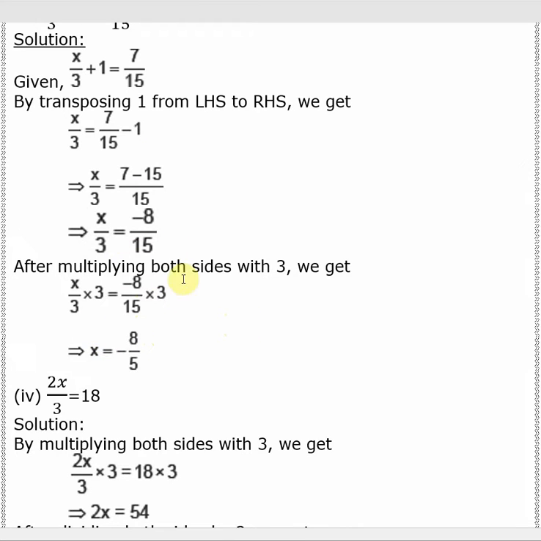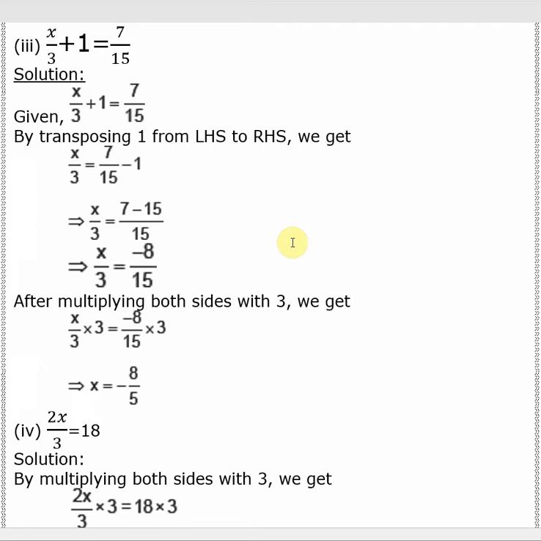This sum can also be done in an easier way. You can do it like after doing the minus directly, you can multiply the 3 in the right side. That also is doable. Now whatever process you follow, make sure you are sure about your approach, be very confident on that and go ahead.